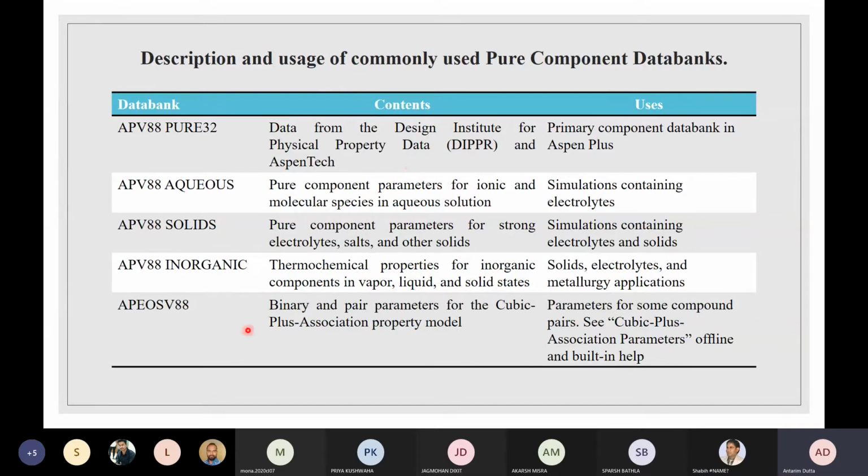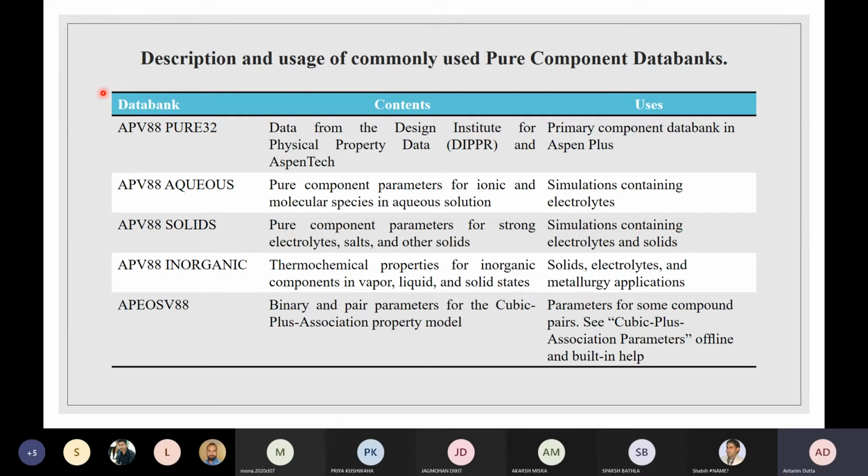These are the data banks available in Aspen Plus, the package which has been given to you, and these are the uses of them. The uses will tell you what sort of component will be dealt with by what sort of data bank. These are not that important to you, since you will be dealing with only normal chemicals, but I have mentioned them in case someone wants in-depth knowledge. That person can see, for the component I'm dealing with, what sort of data bank I need, and I want Aspen to use this data bank to define the properties for my component. Then you can go for all these steps.